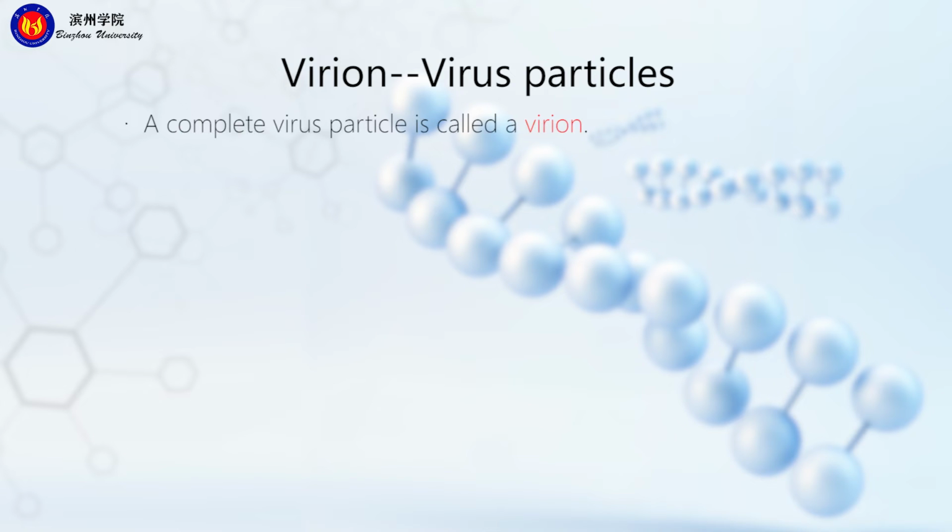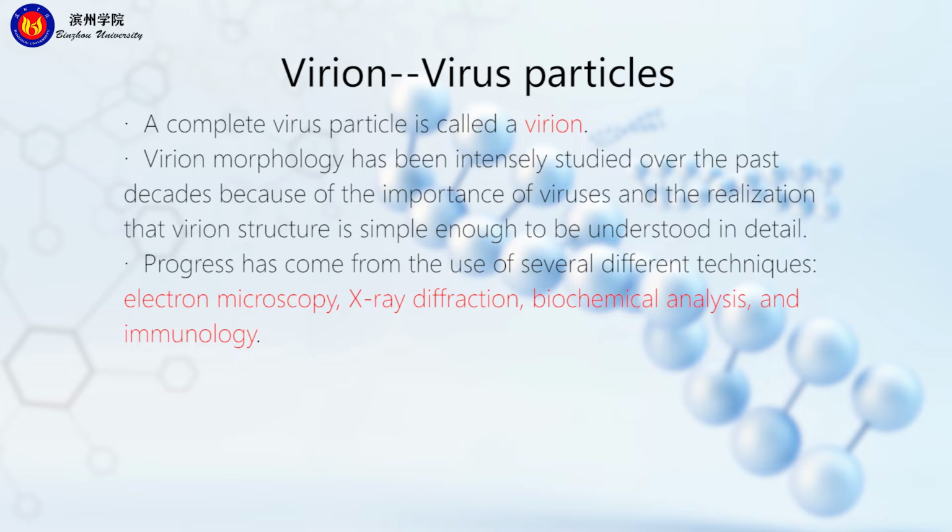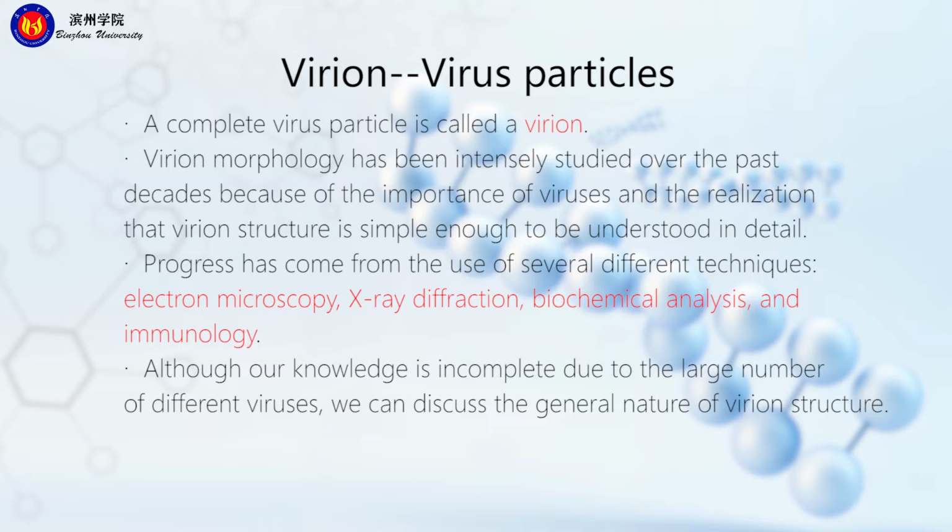A complete virus particle is called a virion. Virion morphology has been intensely studied over the past decades because of the importance of viruses and the realization that virion structure is simple enough to be understood in detail. Progress has come from the use of several different techniques, such as electron microscopy, X-ray diffraction, biochemical analysis, and immunology. Although our knowledge is incomplete due to the large number of different viruses, we can discuss the general nature of